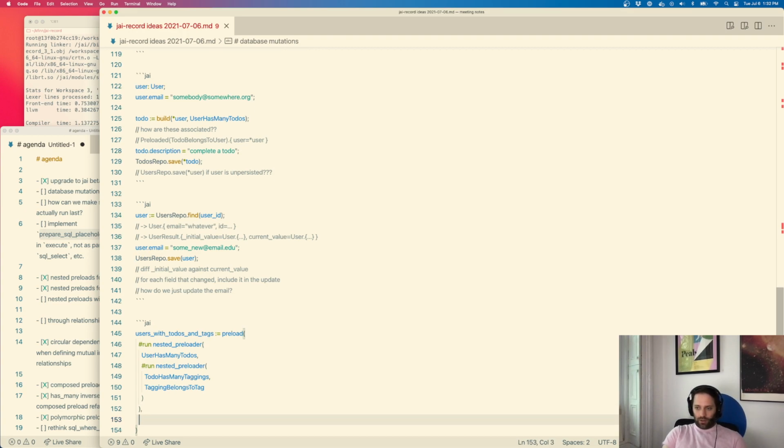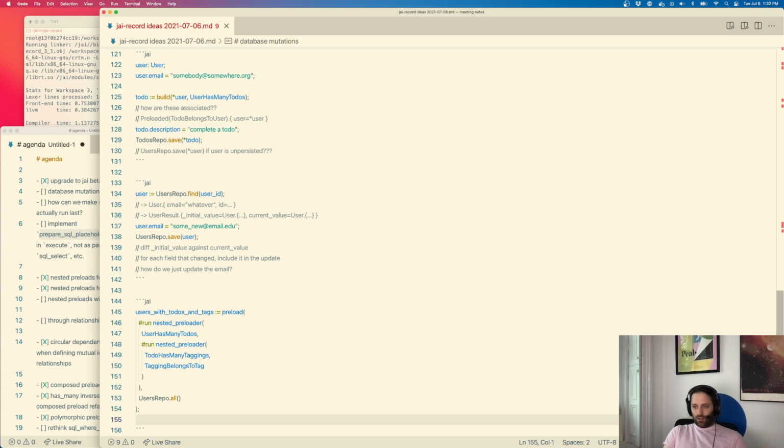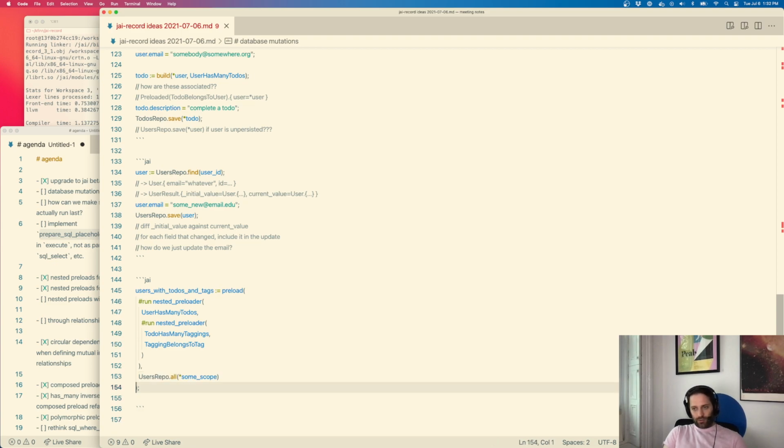We want to run this whole thing on users repo.find or .all, whatever, and find every user where something. And then for this universe of users, for users with to-dos and tags,